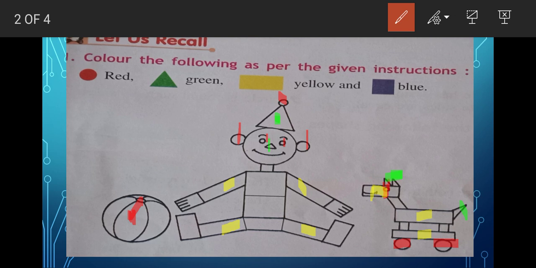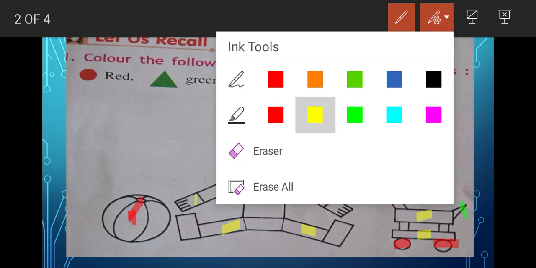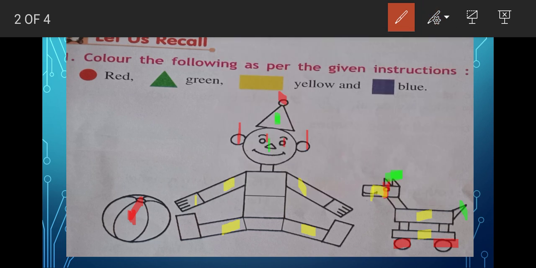Now blue color. Where are you going to put blue color? Blue color you will put in squares. Exactly, it is not exactly a square, it is a little smaller than the rectangle, and let us call it a square only. So here you will put blue color. Oh sorry, this should be blue, isn't it? So let us choose blue. This one blue color. Here it is blue. Here blue color. Here also blue. Here also blue color.